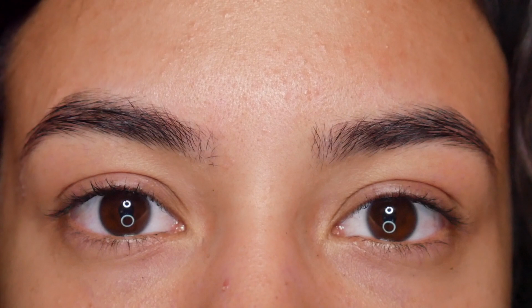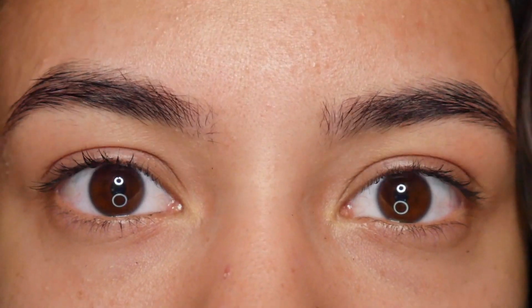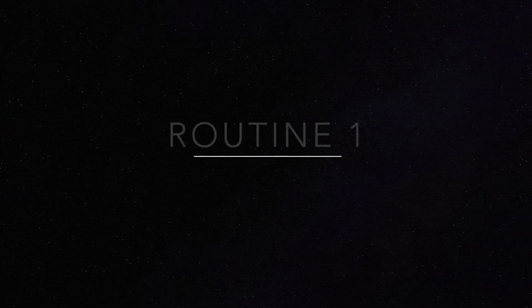This is what my brows look like completely naked and au naturel. As you can see, they are definitely sisters and not twins. The first technique I'm going to show you is something that I would use if I was doing a full